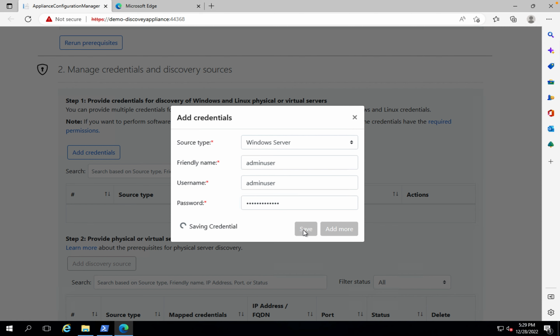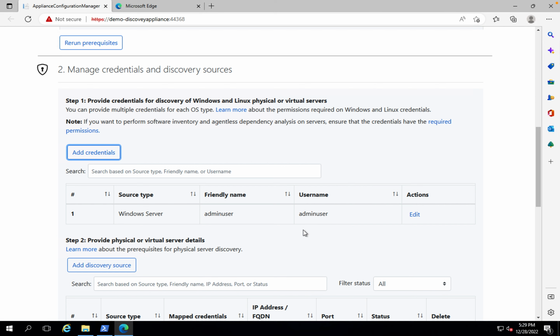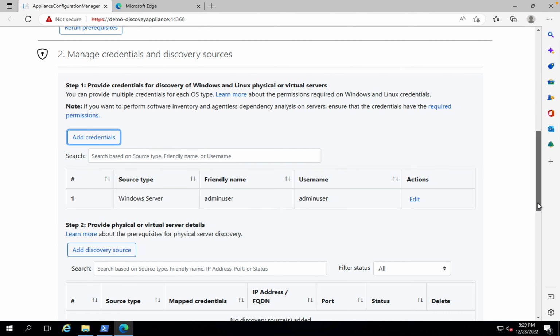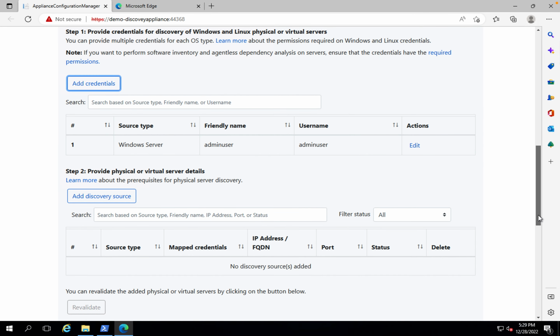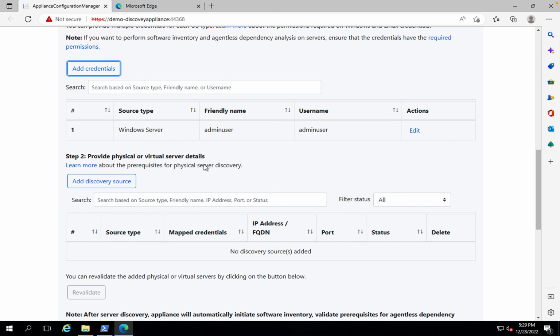VM, right? I have used the local user or local account. However, in your real scenario, you might have one AD user, or Active Directory user, which can be used to discover all the VMs, right? So that centralized user can be used. And then from here, you need to add your discovery source. Once you click on add discovery source, you have